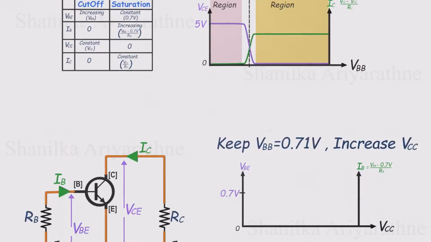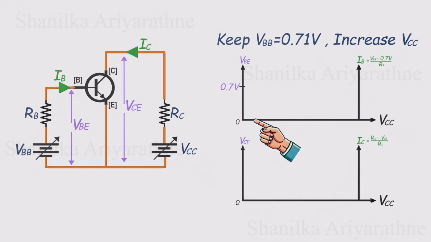Now let's move on to the second part of our analysis. This time we'll keep VBB constant and slowly increase VCC to see what happens. We already know that if VBB is below 0.7 volts, the transistor stays off. Nothing happens. So let's set VBB to 0.71 volts. That gives us a VBE of about 0.7 volts, which turns the transistor on and allows a small base current,